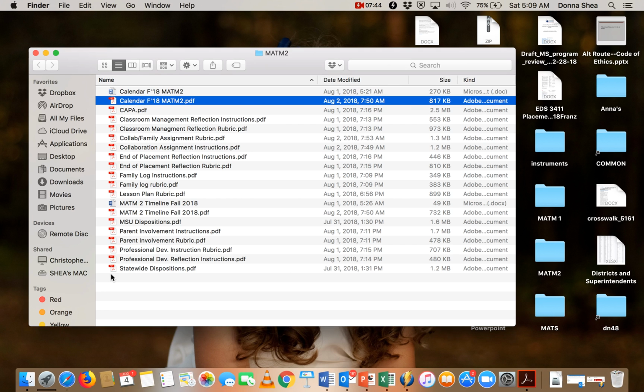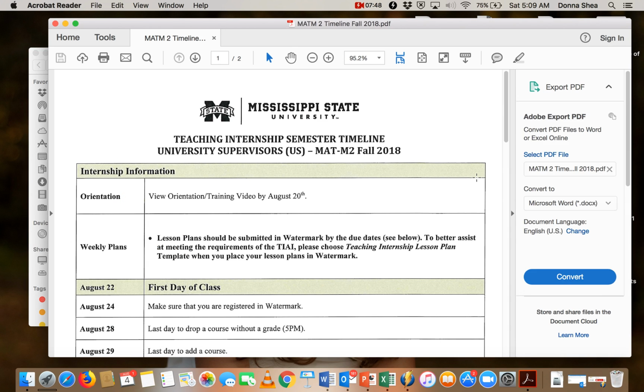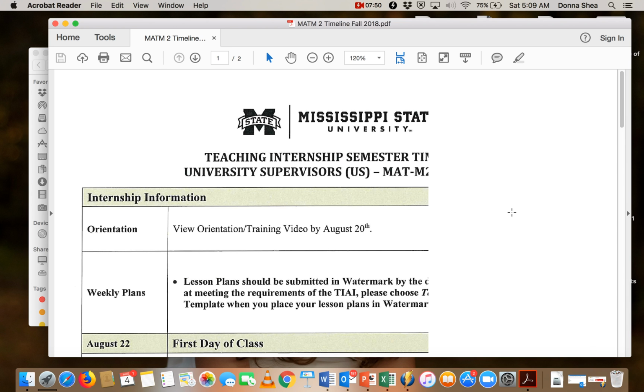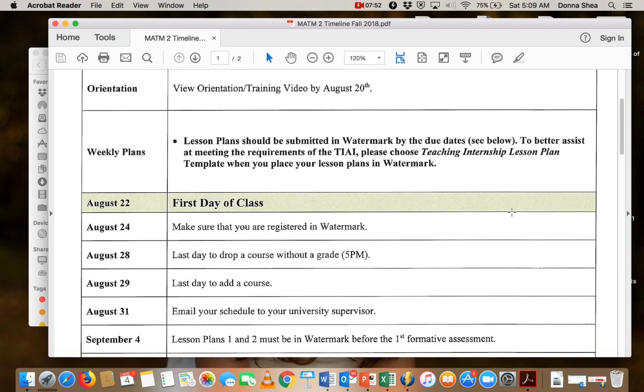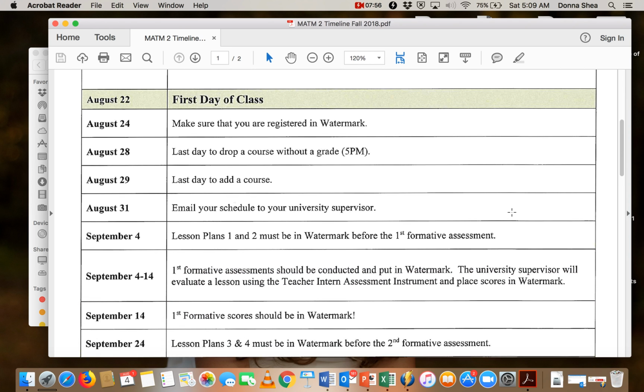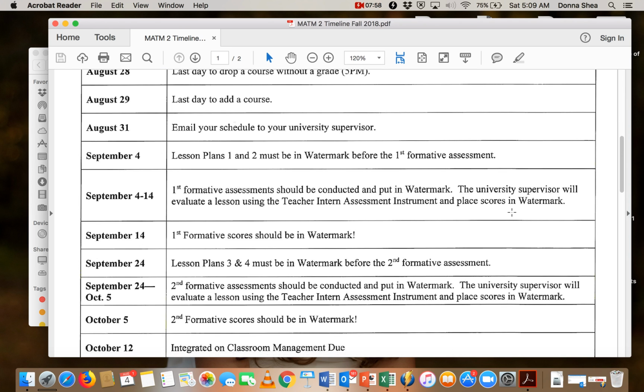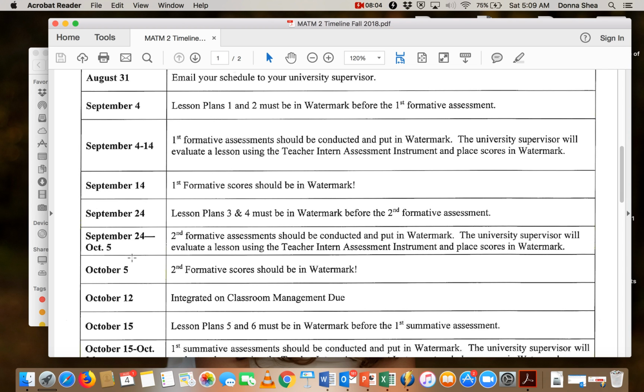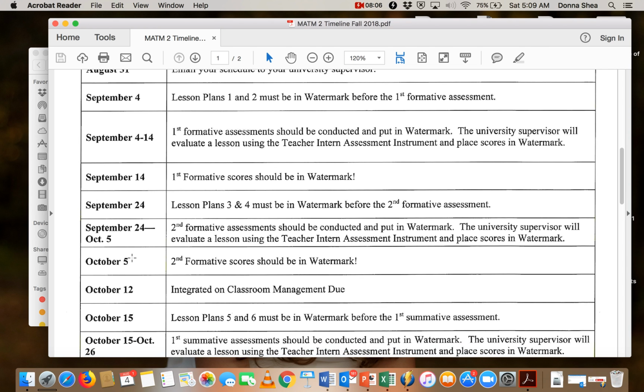So I showed you the calendar. You also will be given a timeline. This is just another format that has the same information that the calendar has, but we have some students, some university supervisors that prefer this format. So you can see what's coming. It's in chronological order. And I would caution you, interns, you graduate interns, you alternate route interns, even our undergraduate interns that have the